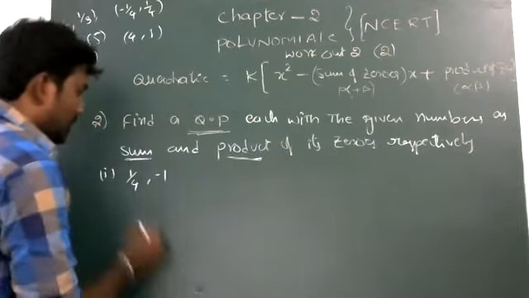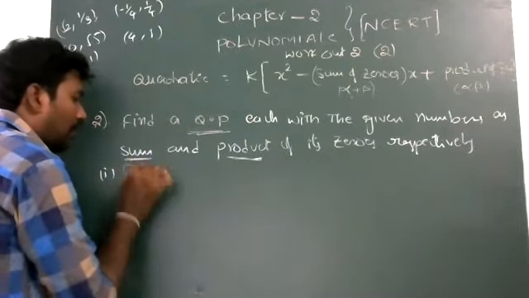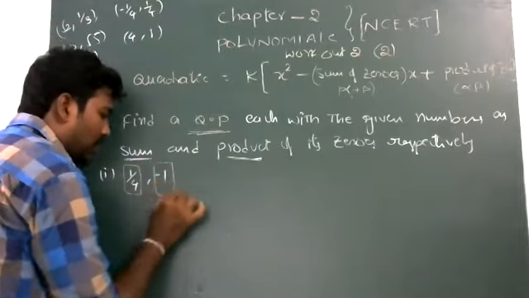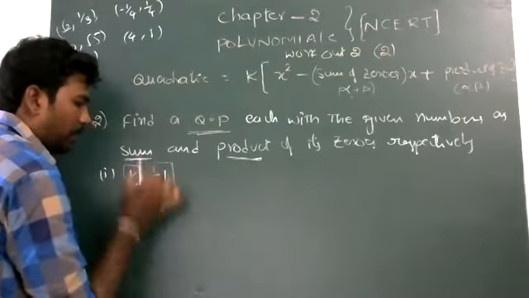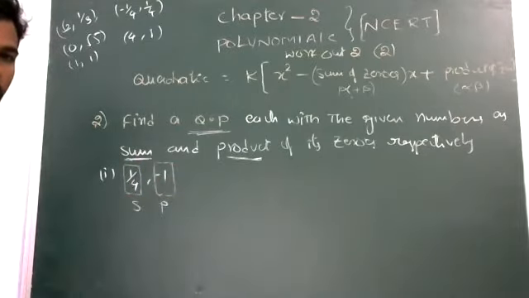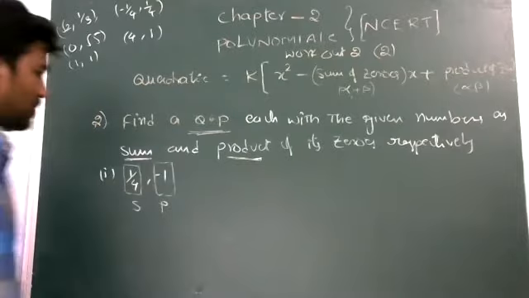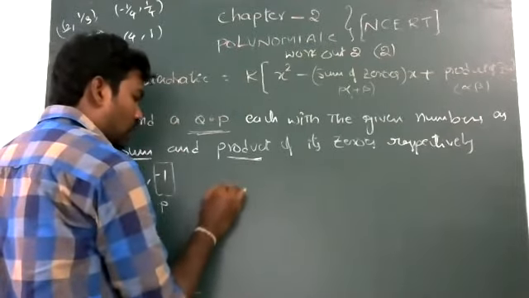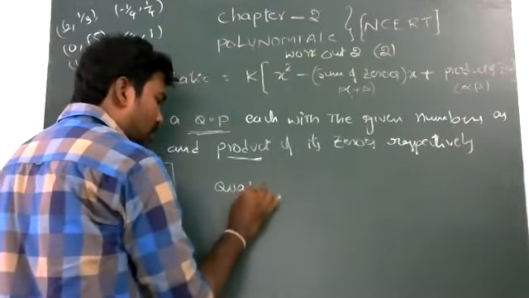So that means the sum is 1 by 4 and the product is minus 1. That means here you can write the quadratic polynomial equals to